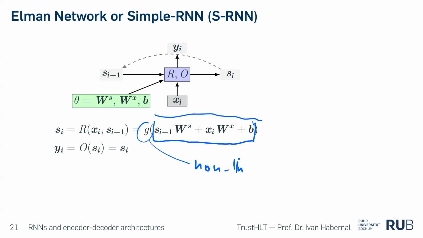Otherwise, everything would keep linear. If we have linear projections all over the place, everything will be linear at the end of the day, and we won't solve the problems we really want to solve, which are nonlinear in nature. So this is some nonlinear function. An example of a nonlinear function? I'm looking at you. You proposed a nonlinear function, so give me one.